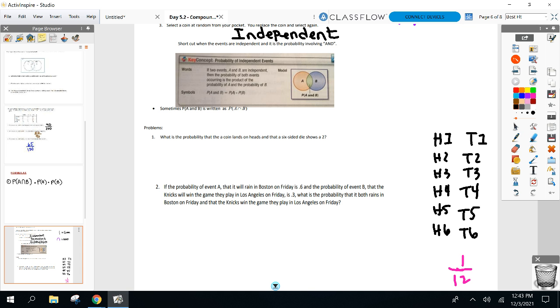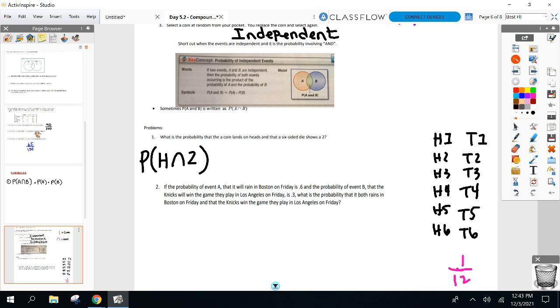Ready? Probability. Here's where you can get creative. However you want to express heads, you express heads that way. I'm going to do an H. If you want to write out the actual word heads, draw a coin with heads on, I don't care how you do it. And, there's our symbol, heads and a 2. You want to write the word 2 out, you want to put pips up, I don't care. However you want to denote that.